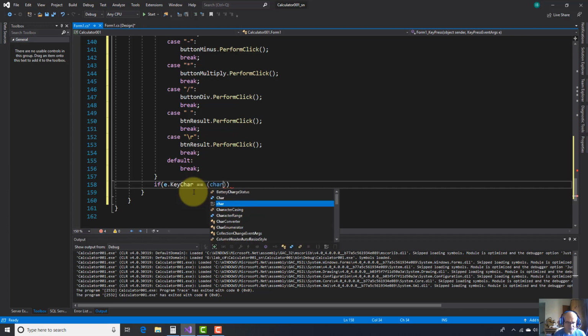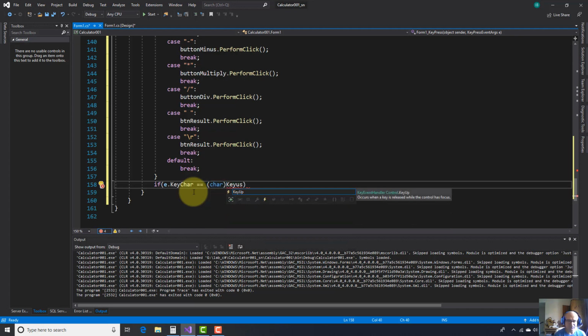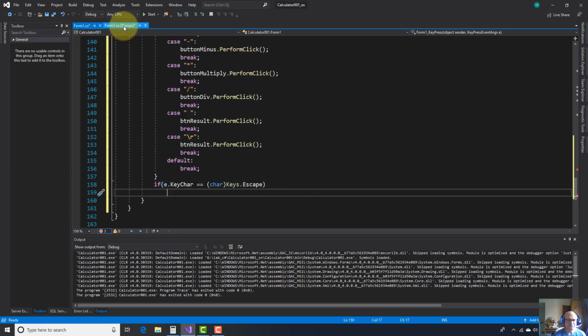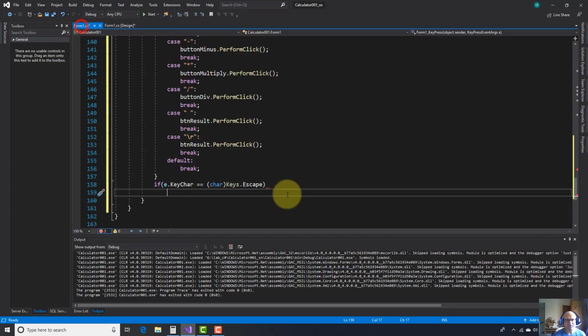I'm going to do this cast to char because I want to use keys, and let's use this option escape, because I want to use the escape key to display 0 here in this label. Yeah, so lbl result dot text equals 0